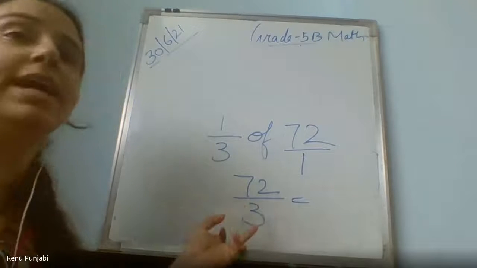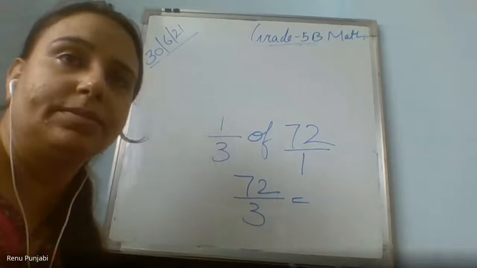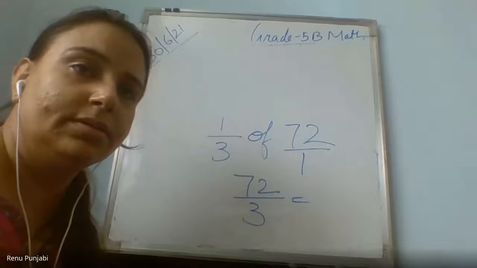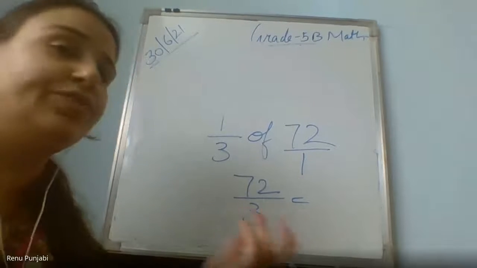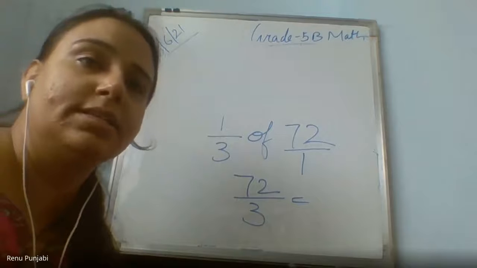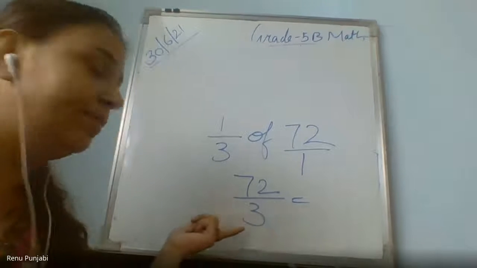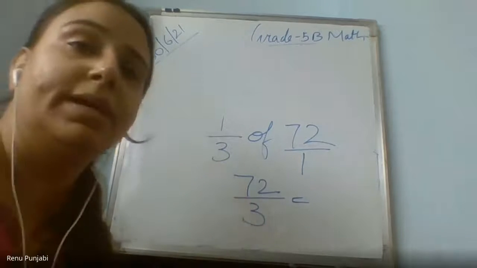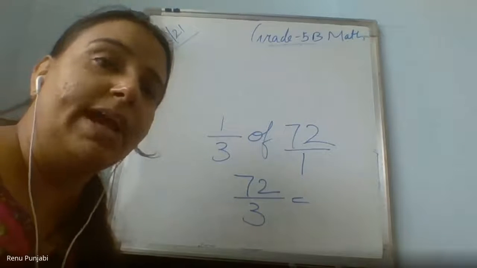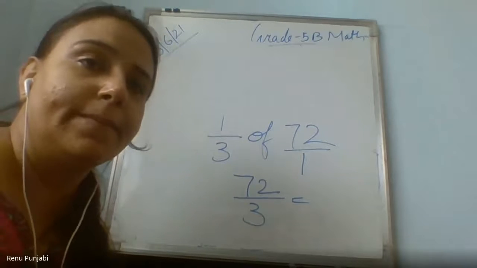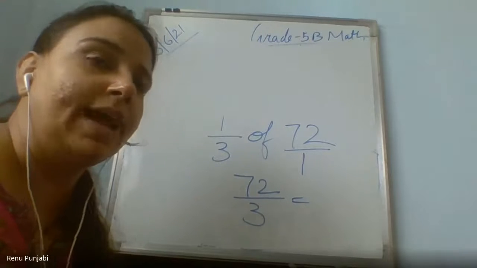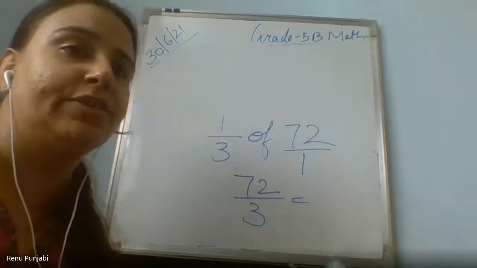Mute your mic, divide and tell me the answer. Other students also can divide and write the answer in the chat box. Ma'am, my first answer is coming 14 liters and second answer is coming 15 liters. Both are wrong. What is the first answer and why are you taking two answers? Maybe you are not clear how to divide 72 by 3. Divide, Samriddhi, in front of me. Divide and I will ask the last answer from you only.